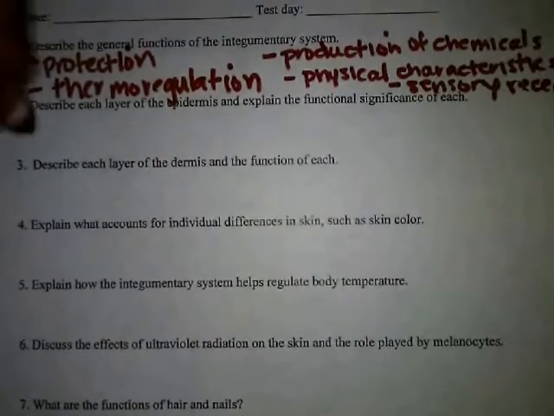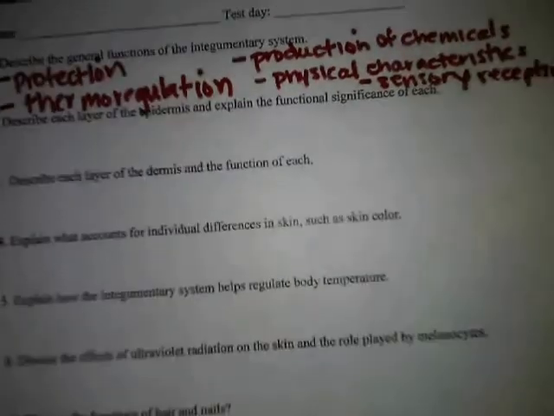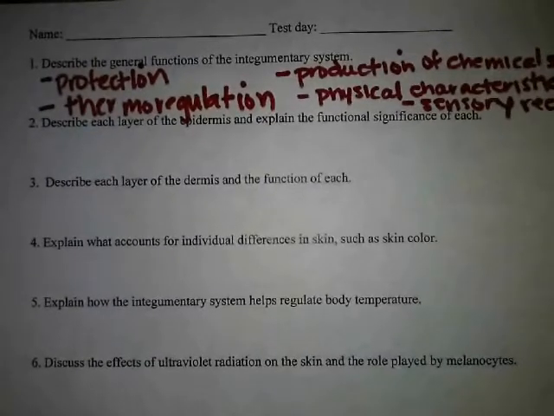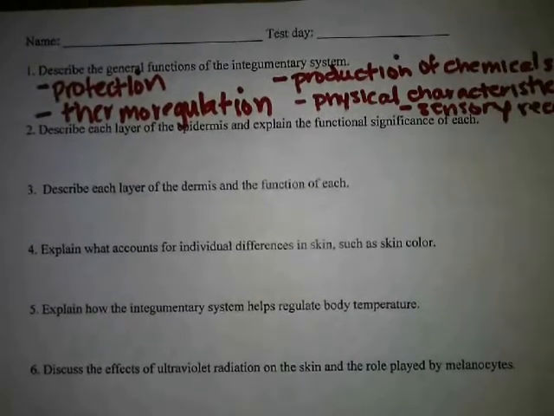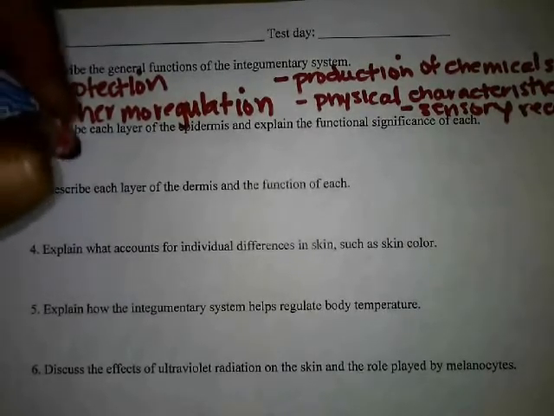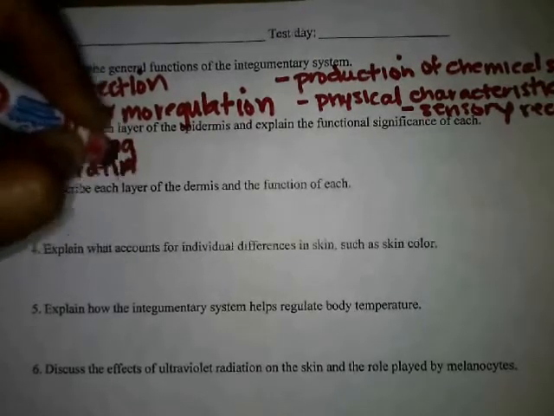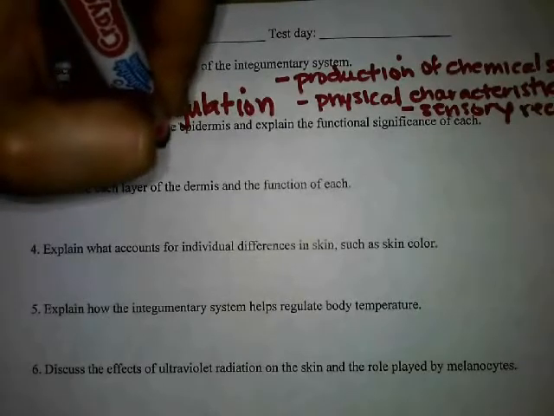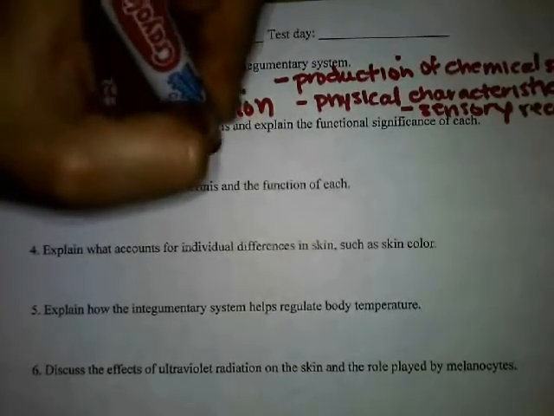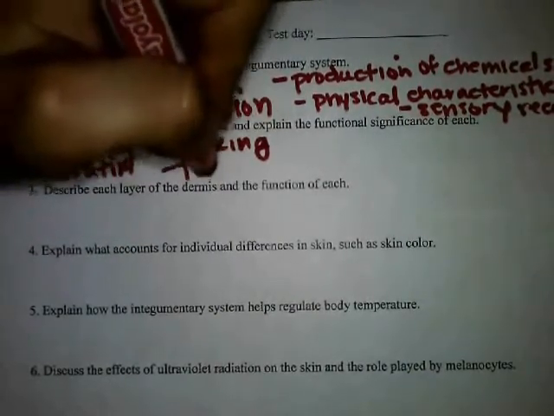The epidermis has several different layers. I'll go a little bit more in depth on the back. But each of those layers kind of has a different distinct function, from the stratum basale, which is the layer that is actively dividing, to the stratum granulosum, which is producing keratin. So you have some layers that are dividing. You have some layers that are producing keratin. You have some layers that are flaking off, like the stratum corneum, and then some that are just providing